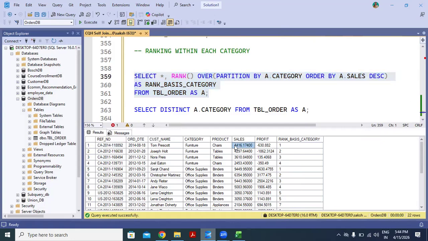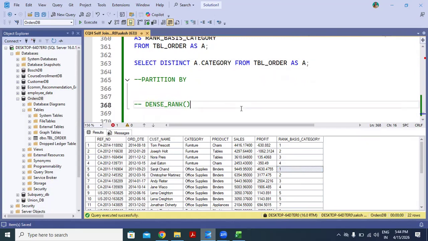Now you can see in furniture category, chairs product has the highest sale, so it has been ranked 1. And similarly in office supplies, binders, this product has the highest sales, so it has been ranked 1. So in this way, we can also rank the products on the basis of category, on the basis of products, or anything else we want.